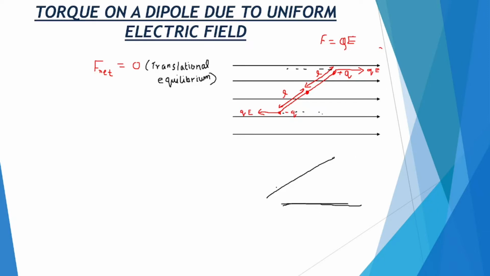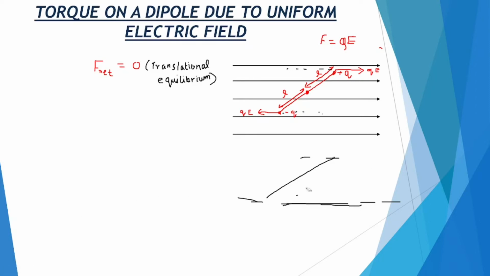So when the stick is in this position, it starts to rotate, and when it reaches this position, it doesn't rotate. The reason behind this is that when the stick is in this position and you are giving forces on the tips, the lines of action of the forces are different. The force will be acting like this and the line of action is like this. But in this position, the line of action of the forces will be the same. So they become rotational equilibrium. So that's a simple experiment that you can do.